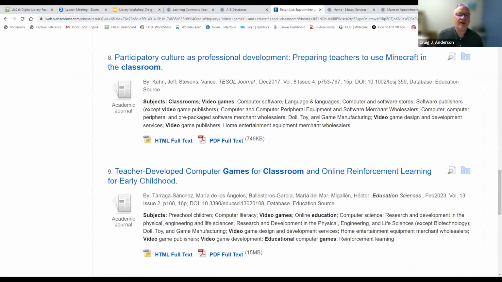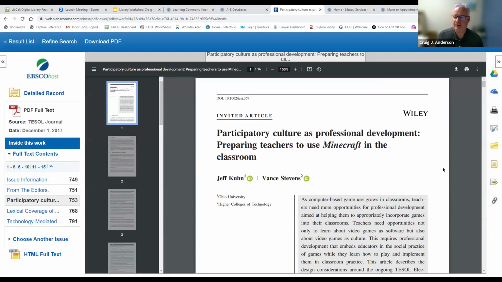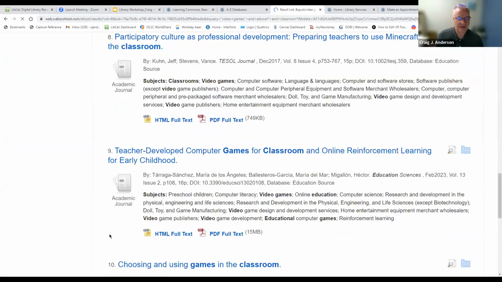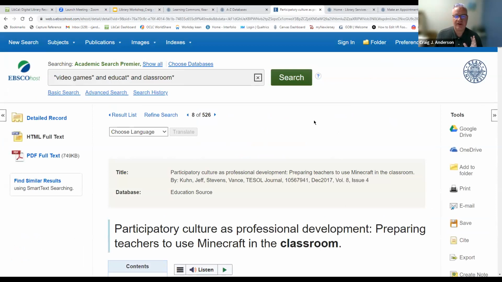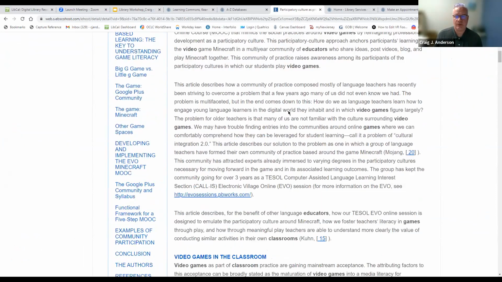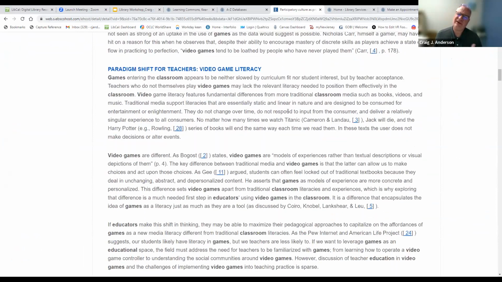There's one down here that has it, and a couple down here that have it as a PDF, which again shows us the full article exactly the way it appeared in the original. Something about Minecraft here. But it also has the HTML full text. If we go back, actually they had it down there. It also has the HTML full text. When it appears as an HTML full text, these are all of the words that were in that article. So you're not really missing anything.